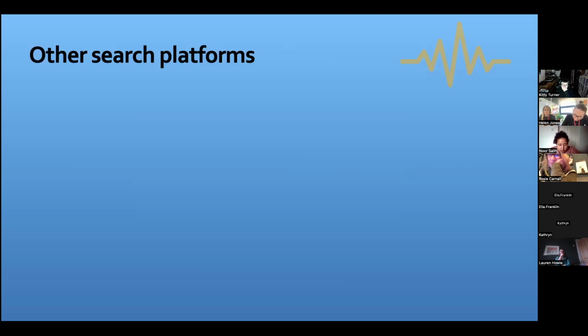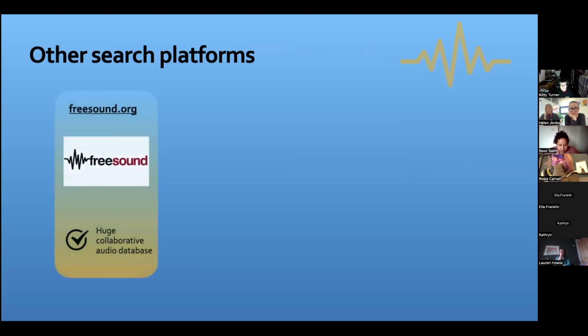Okay, so as I alluded to before, there are other search platforms for this kind of content. And one of the coolest and most groovy ones, I really like this platform, is called Freesound. So Freesound is a huge collaborative database. There's that word again, collaborative. Database of audio snippets, samples, recordings, all kinds of bleeps and just all kinds of things.